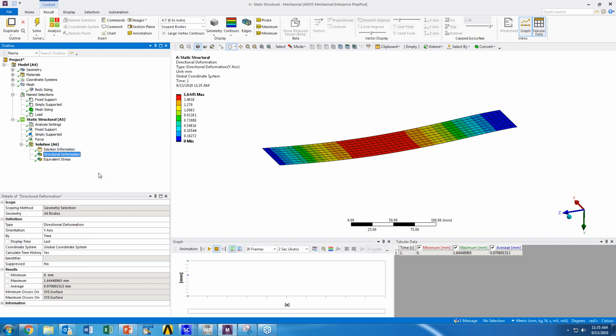So that's really where SpaceClaim can become really powerful, because it allows you to freely modify CAD however you want, as long as you're maintaining your name selections and still have Mechanical update and run without issue, right? So for instance, if I wanted to put a hole into this beam, I could. It would run without issue, right? I could do any number of things, and it relatively well maintains the linkage between the 2 systems as long as your name selection is still relevant.